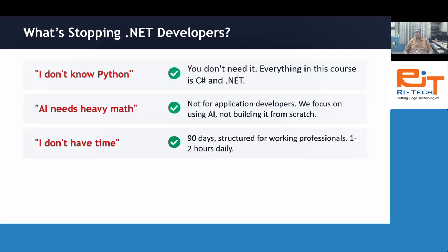In 90 days, we have structured this course. You just need to spend 1 to 2 hours daily, and it will transform you from a backend .NET developer to an ML and AI engineer.